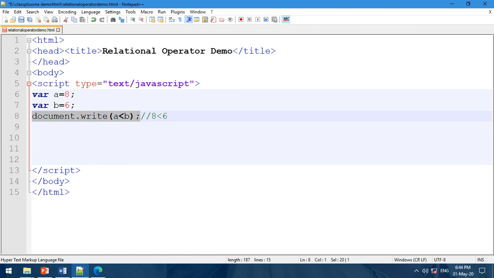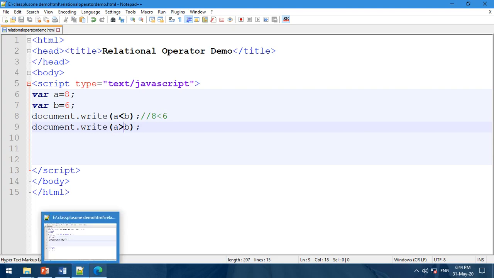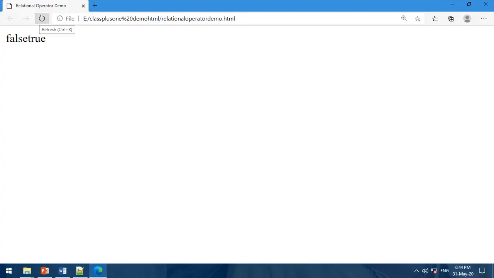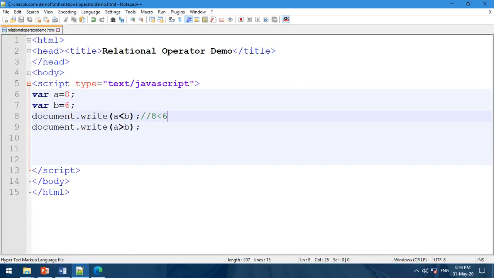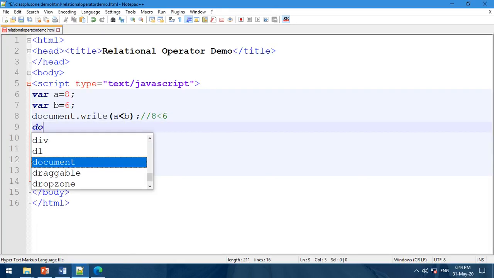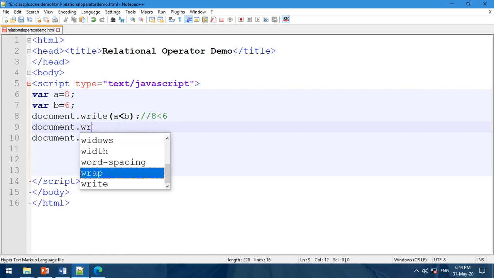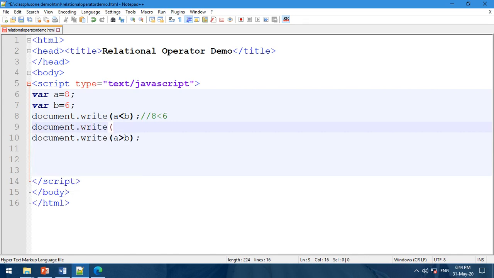Okay. The next one is document dot write A greater than B. So it's true because A is greater than B. Document dot write, here we use BR.